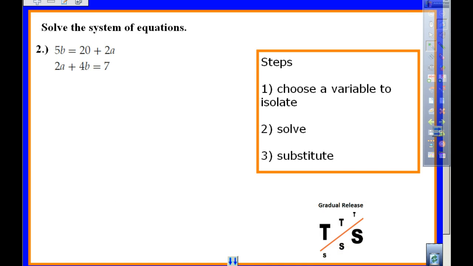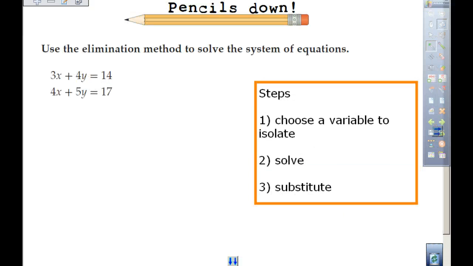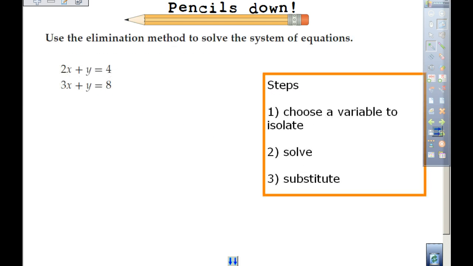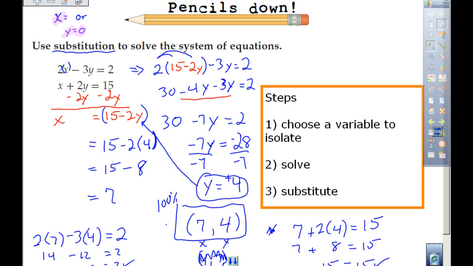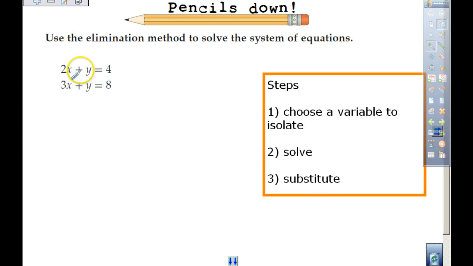Okay. So we have the substitution method, and we also have this elimination method. Idea here: if you just add everything together, one of the variables eliminates. Okay. So don't write this down, but here's the idea, is that if you add these up